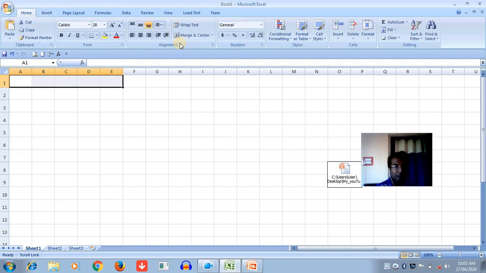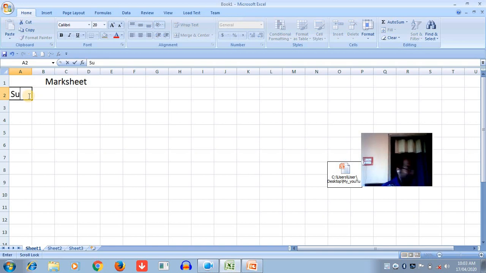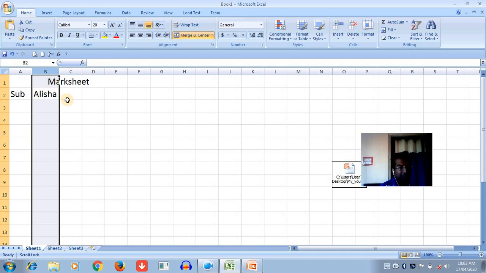Go to Home, choose Merge and Center, and write the worksheet title. Then write the subjects and students' names. I'm writing Alicia as the name of a student.